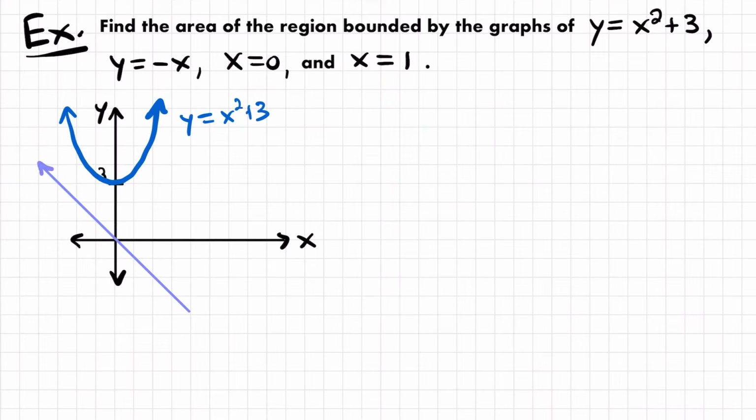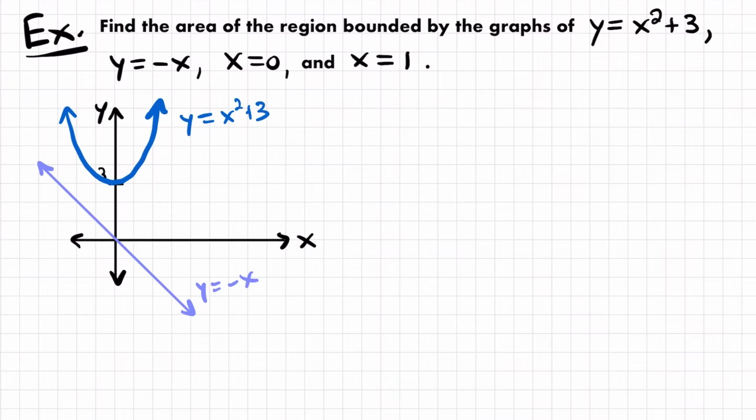All right, so that is the line y equals negative x. And so then we have x equals 0. That's actually the same as the y-axis, right? When x equals 0, that would be this line right here. So we don't really need to draw that line, but we have another line, x equals 1, that we should